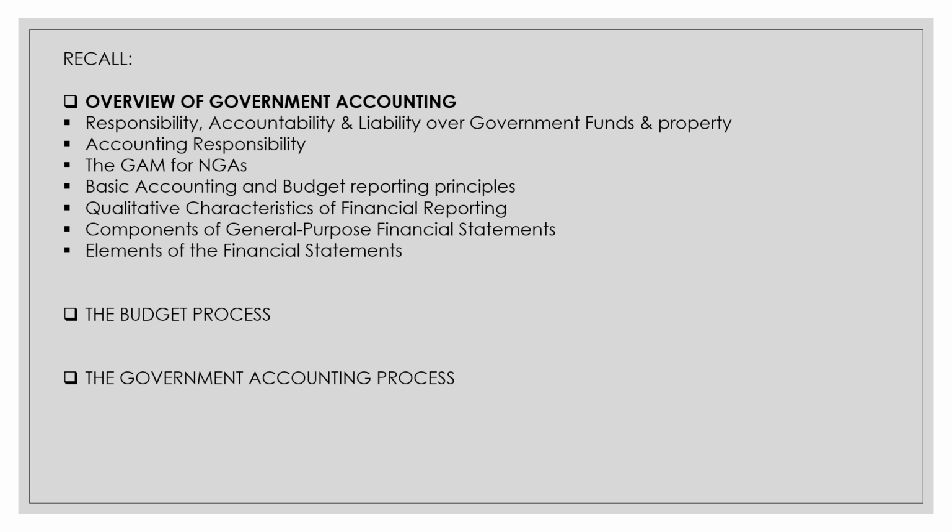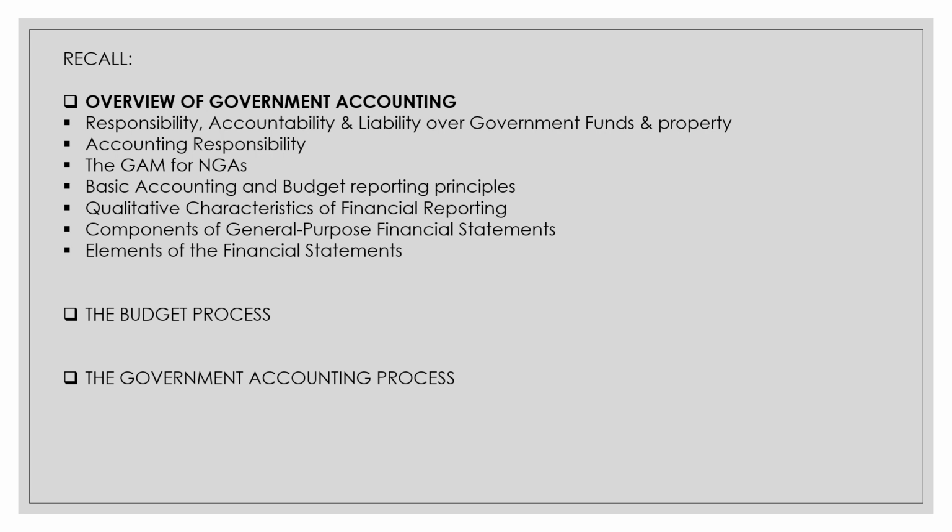So we also discussed the qualitative characteristics of financial reporting. All those qualitative characteristics that we have discussed in the FA1 subjects also apply here, only the application is to government agencies. So we have understandability, relevance, materiality, timeliness, reliability, faithful representation, substance over form, neutrality, prudence, completeness, and comparability.